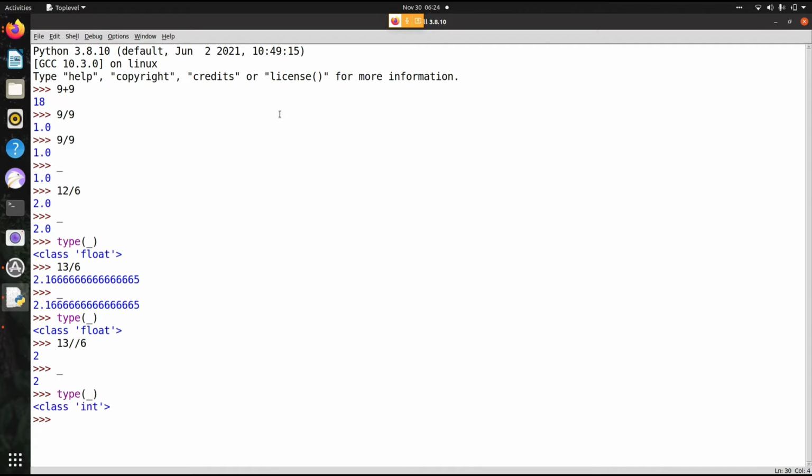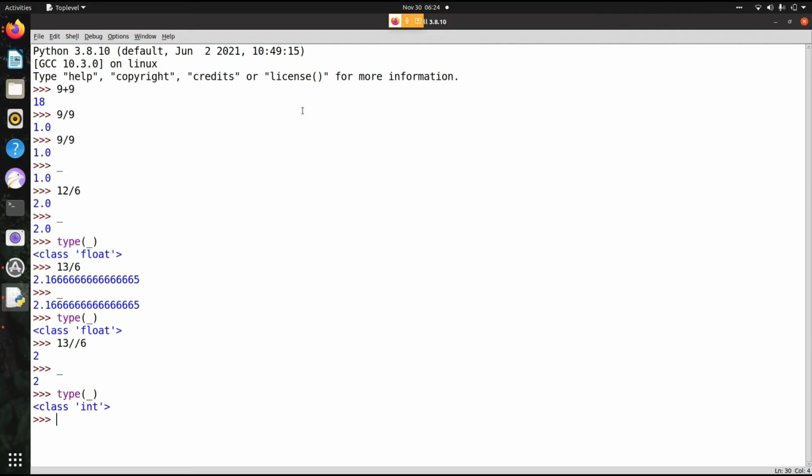The type of the previous result is integer. This is what is happening in the background. So when you are working with calculations, you should be cautious about whether you want integer or you want float. You can convert float into integer also, but the easy way is using double // 6, you will get this.